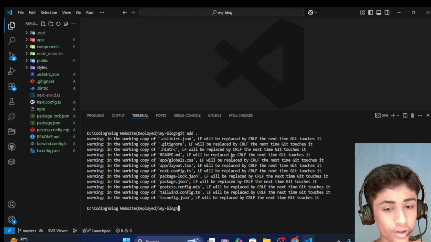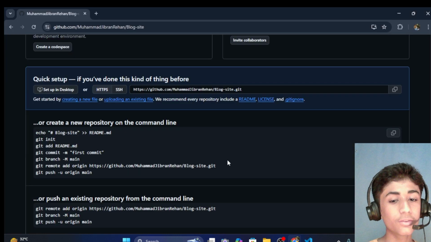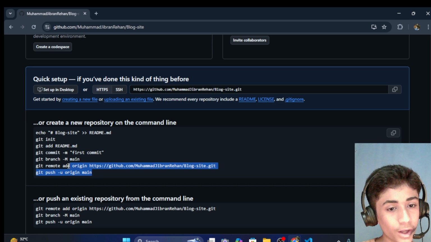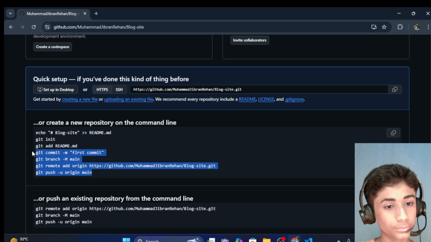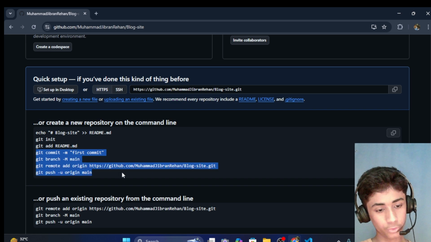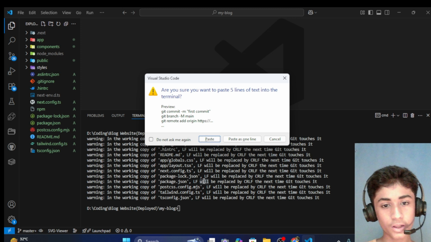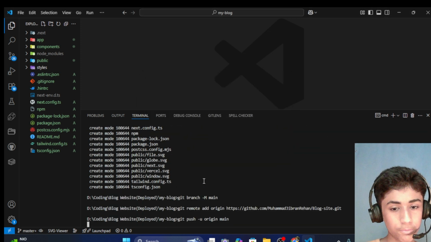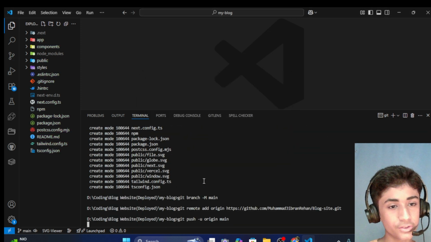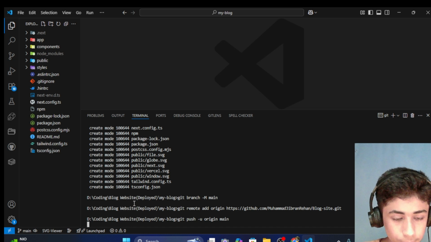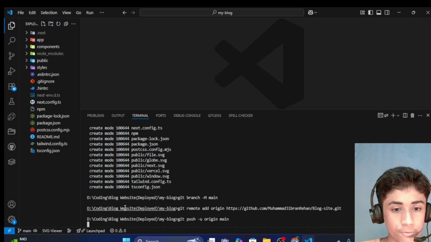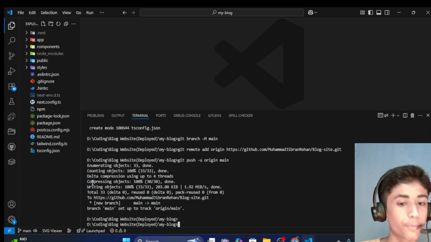After these two commands, what you have to do is copy the last four commands, from git commit to git push. Then copy and just press Ctrl V to paste. After pasting it, it will create a new repo of your code